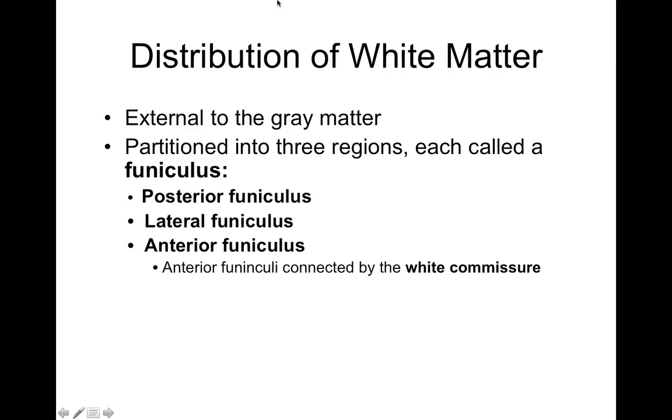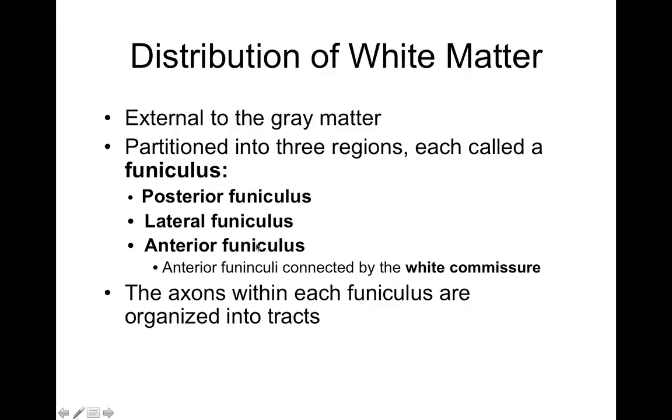So what we find in the white matter of the spinal cord, we find the posterior funiculus, lateral funiculus, and anterior funiculi. And these axons are